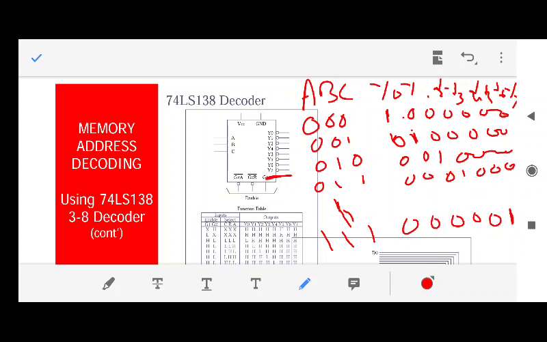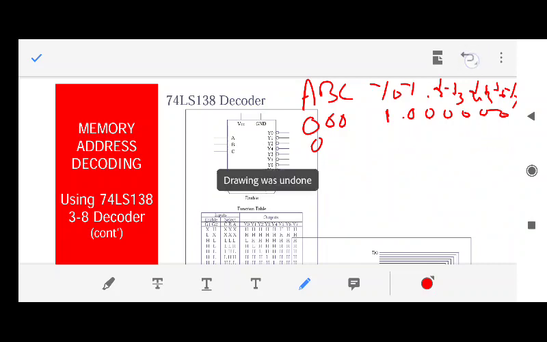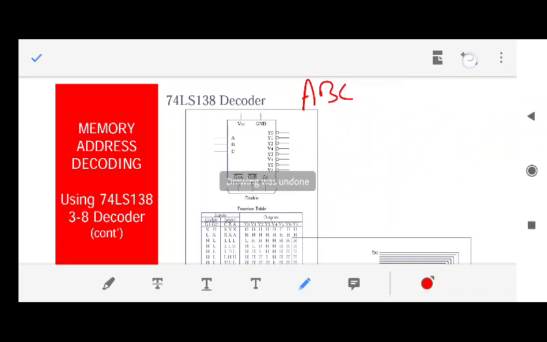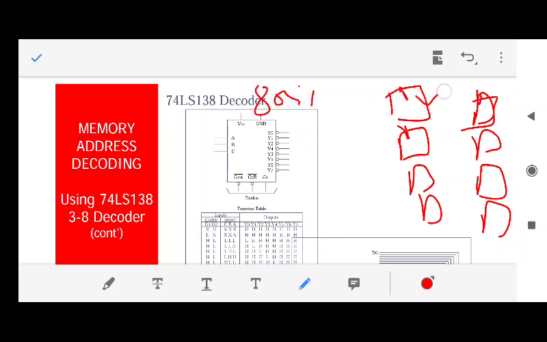Fine. Why are we doing all this exercise? Please don't get away from the topic. Why are we reading this topic? Why are we understanding the decoder? Just because, for example, in any system you might have n number of chips. If you have 8 chips, how to select these chips? Each has a chip select signal. So you should give a signal from 8051 to these chips to select these chips.